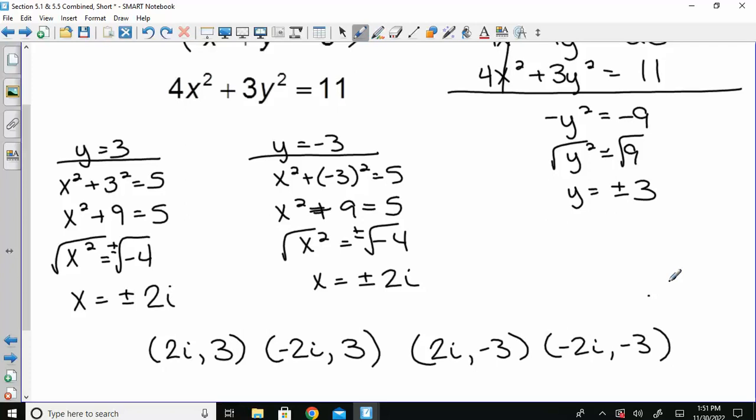Alright, so really the only difference with the nonlinear, you get multiple answers sometimes. Not a guarantee, but we could have anywhere from 1 to 4 answers. Any issues with this? There's a handout posted on Classroom. I think it's 8 questions. Make sure you read your directions. I did ask for you to do the first couple by substitution, just so you are using that, and then